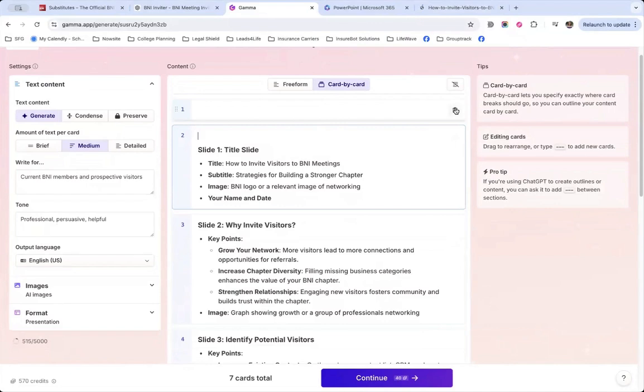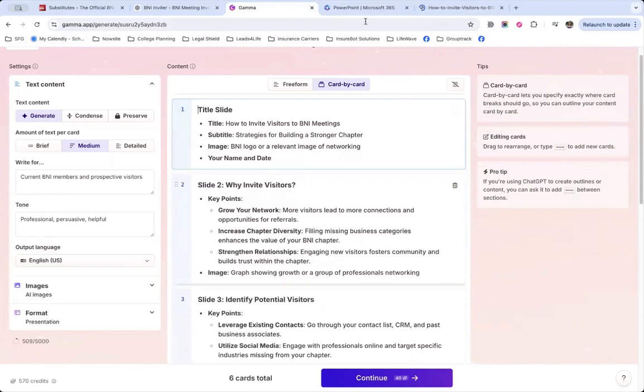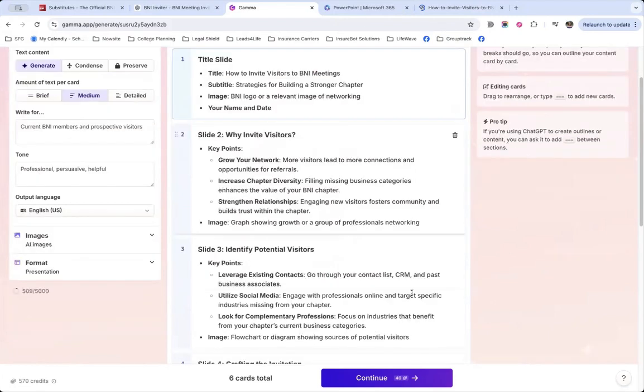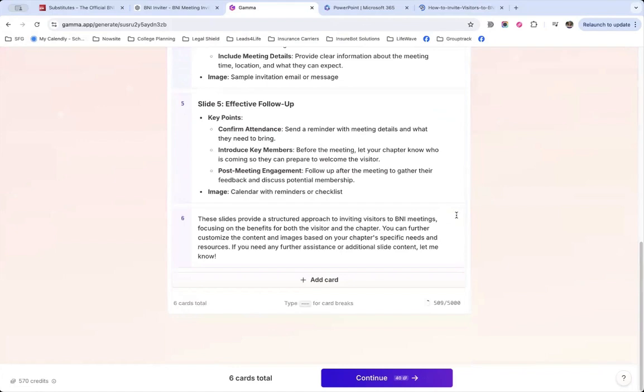So you would go through here and you delete this card. You delete slide 1. You don't have to have a title slide. But again, if something is errant from instructions that shows up in here, it is really easy to bring it into PowerPoint. But the excitingness of this is how it creates it. So, and I'll delete this too. So we don't need this